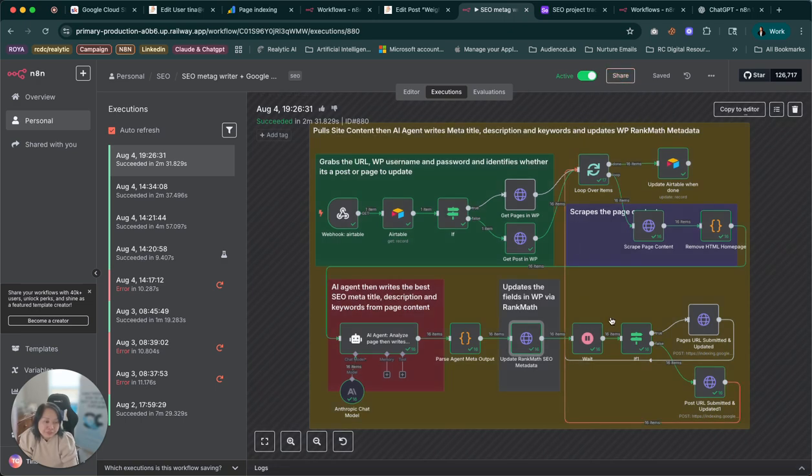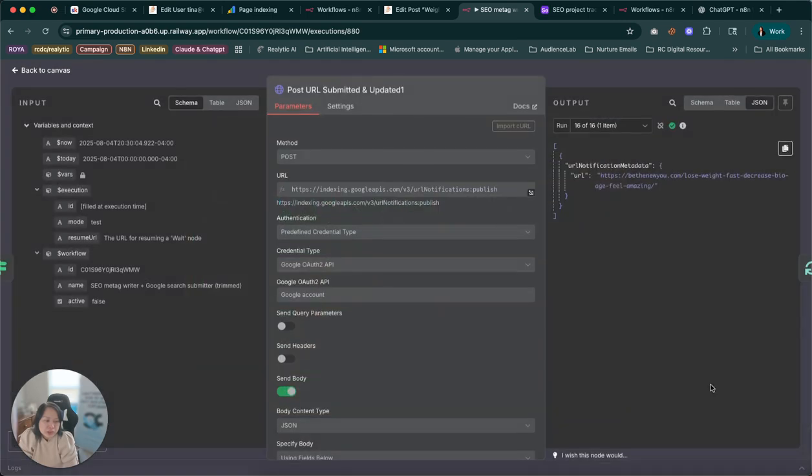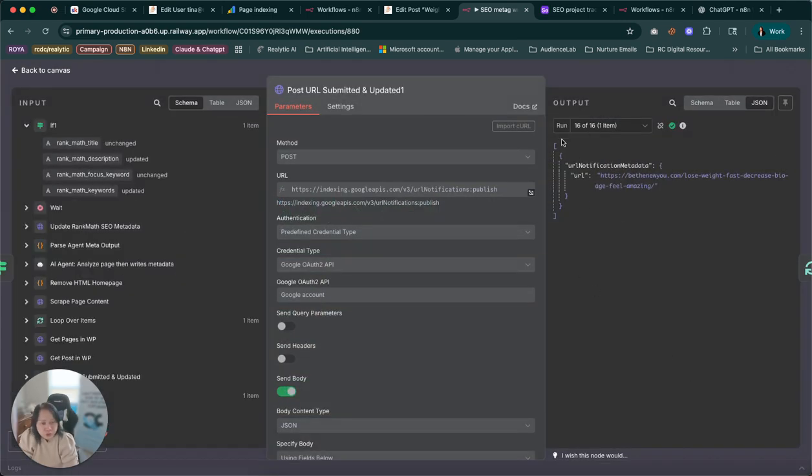And then pretty straightforward. If it's a post, it's going to submit it to your Google indexing, and it's going to give you more or less what are the pages that got submitted to Google. This is an indication that Google has accepted it or has been notified that there is an update. All right,